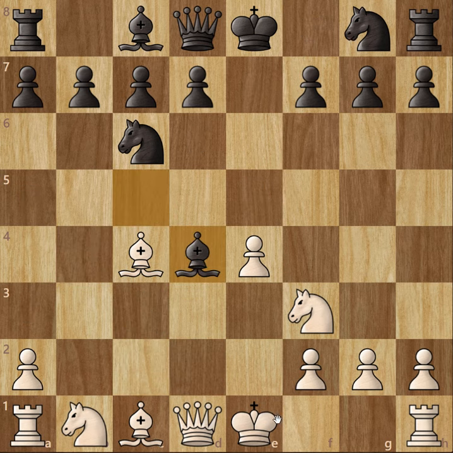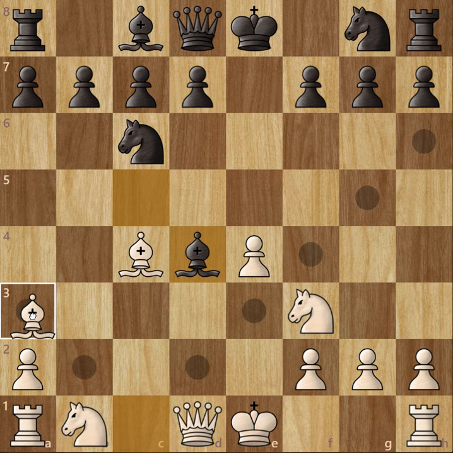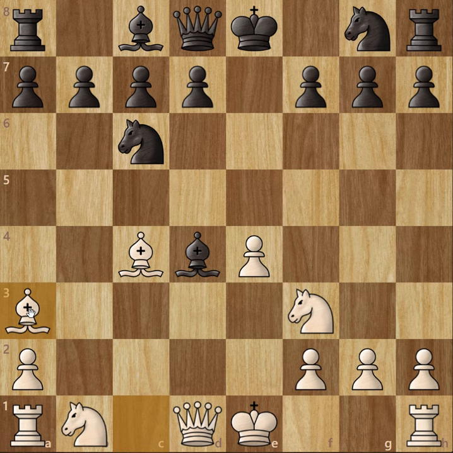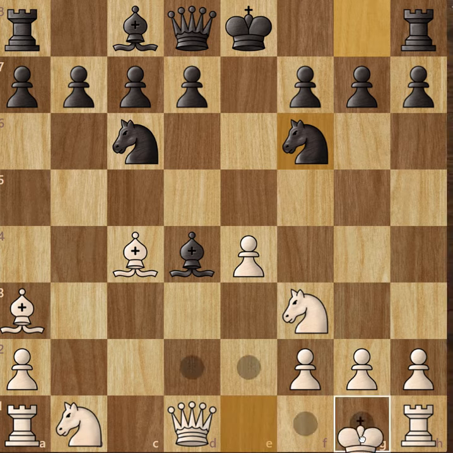Just showing some moves. Yeah, and here white decides to play this. For whatever reason, he decides to play this. Black plays this. And here white decides to castle.